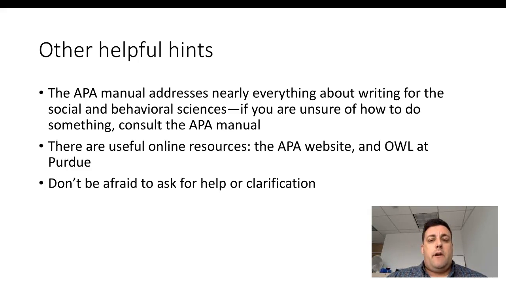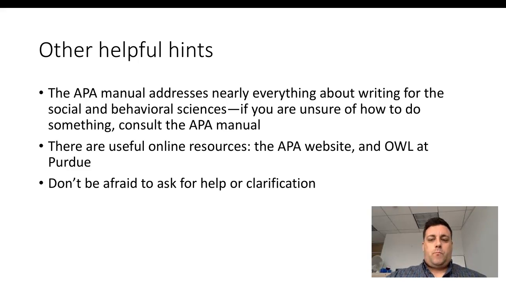That said, there are a couple of helpful online resources. The APA maintains a website that occasionally has some interesting or helpful answers, and then there's the OWL at Purdue site. OWL stands for the Online Writing Lab, and that's at Purdue University. The school library has some resources as well. Lastly, I know that APA can be complicated and it can be confusing. Don't ever hesitate to ask for help, clarification, or guidance. So I'm going to pause the video one more time and go back to the Word document